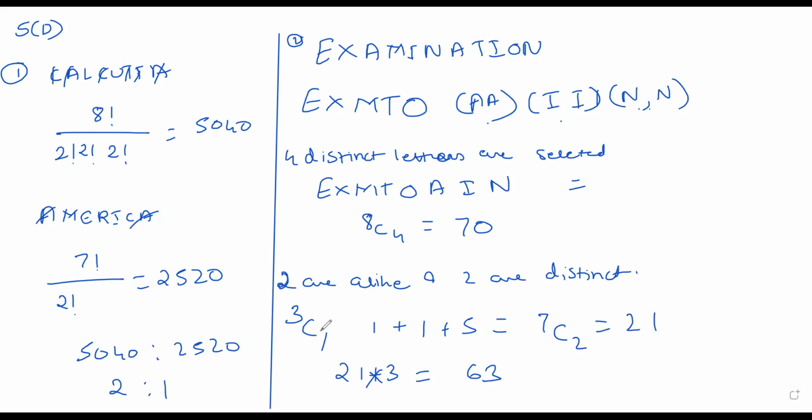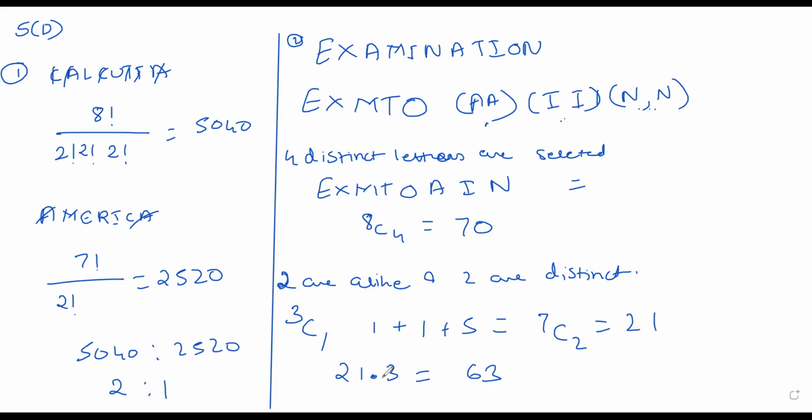2 अलाइक है तो ये जो अलाइक है इसमें ये 3 ग्रुप में से कोई भी एक ग्रुप सिलेक्ट कर लूंगी तो 2 अलाइक मिल जाएगा मुझे। फिर ये 5 और इन दोनों में से सपोज मैंने A सिलेक्ट कर लिया तो ये A अलाइक हो गया। फिर एक I एक N और ये 5, ऐसे 7 में से मैं रिमेनिंग 2 को सिलेक्ट कर लूं तो दिस टोटल नंबर इज 63।